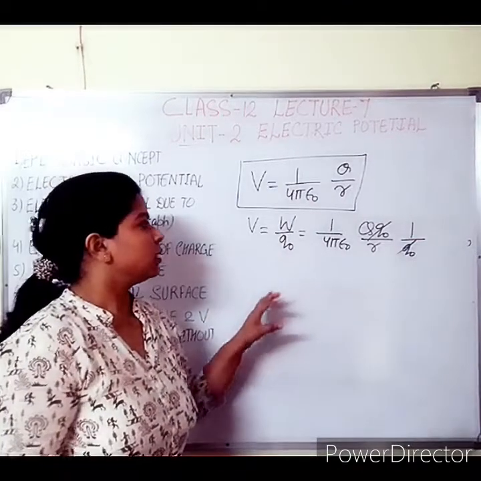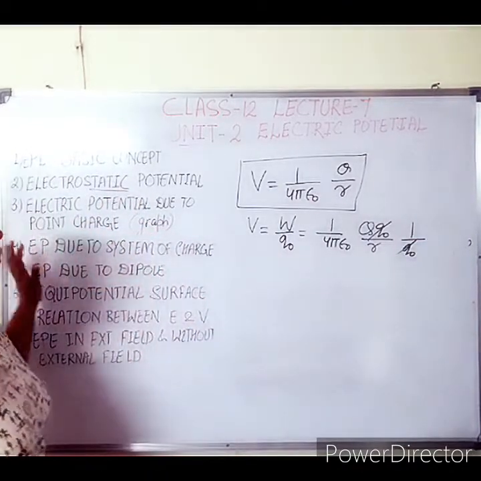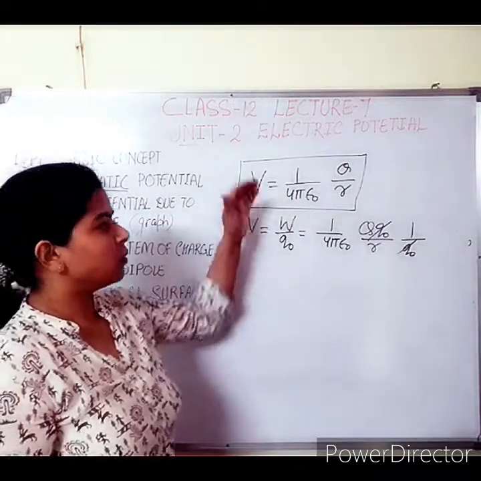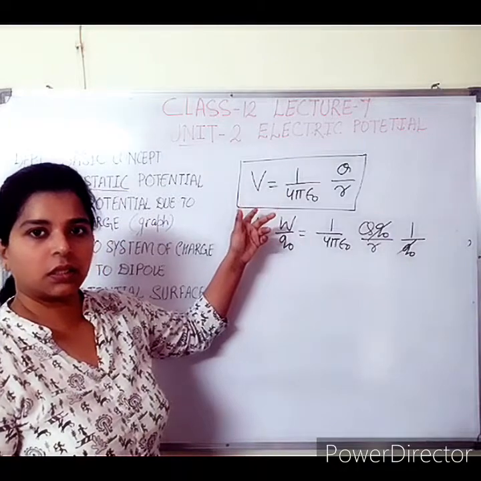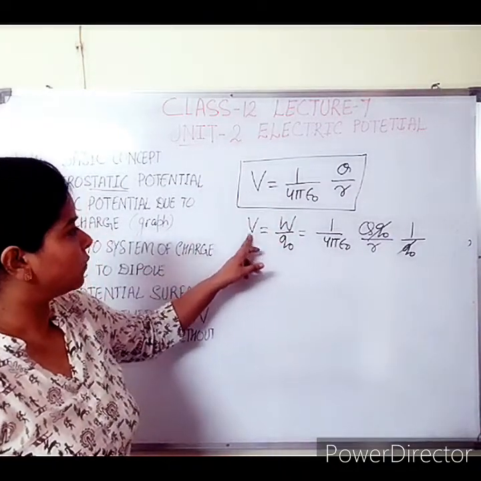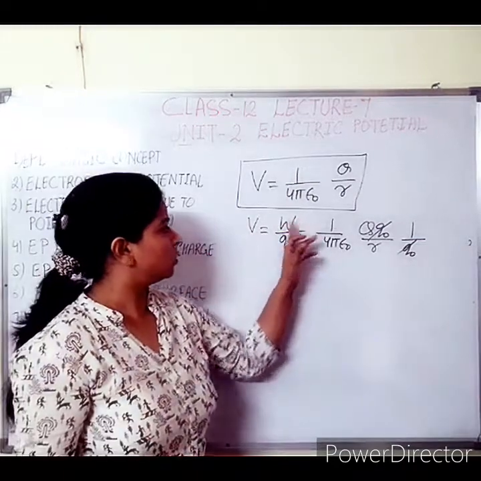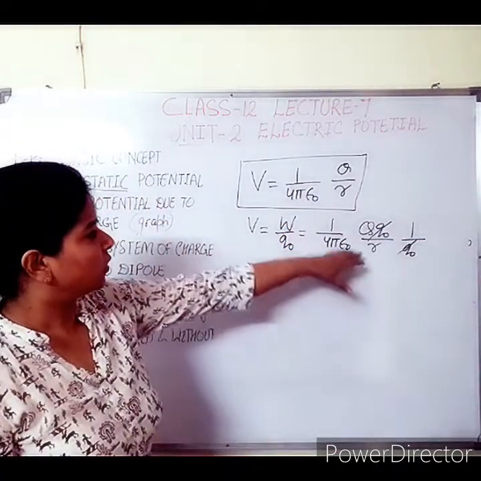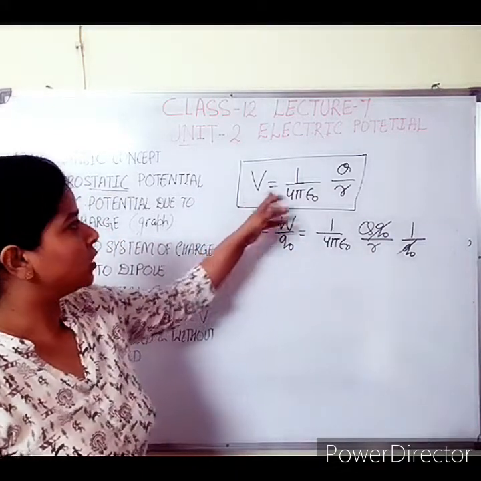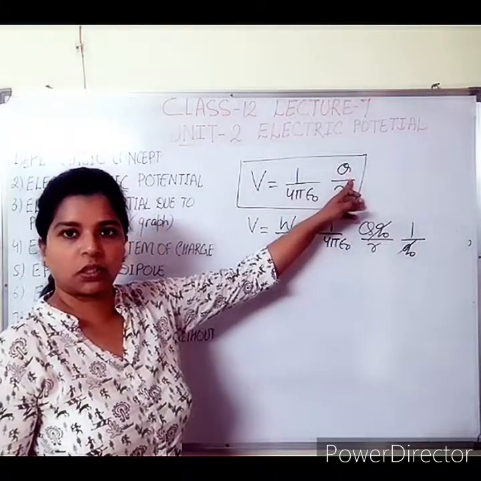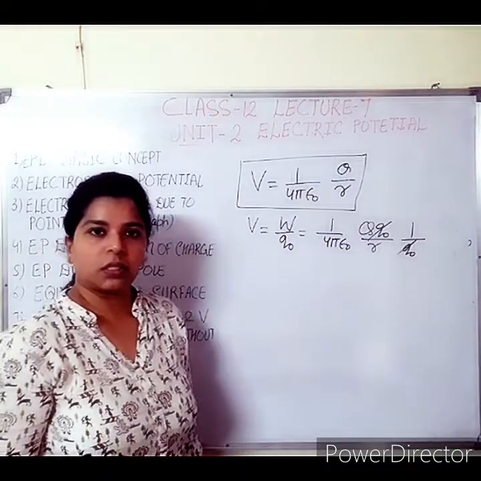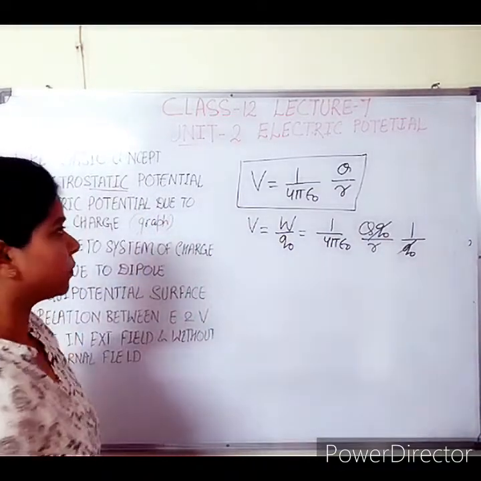So if it comes in examination to derive the electrostatic potential due to a point charge, what you have to do? You will do the same derivation of work and potential energy which I did earlier, and in the last step you will write down this formula, that electrostatic potential is equal to W by Q naught, and afterward you will get the last formula of electrostatic potential due to a point charge. This is the point charge, source charge Q, and we got the formula for electrostatic potential. Okay, I hope it is clear to you.